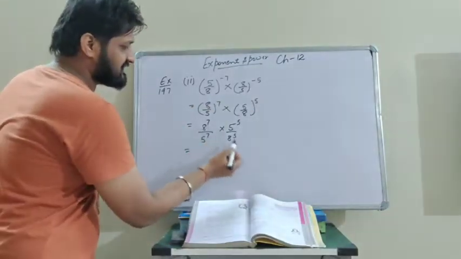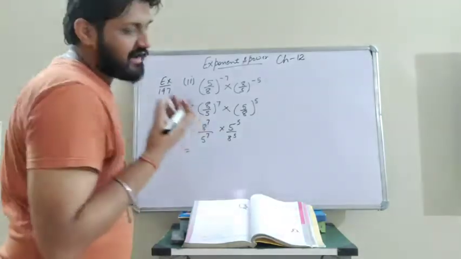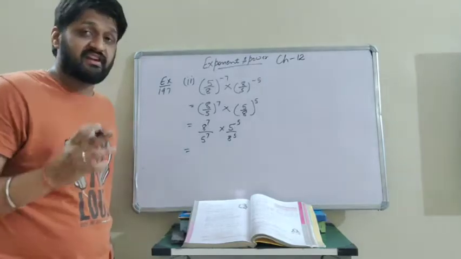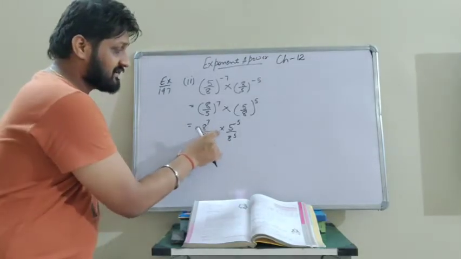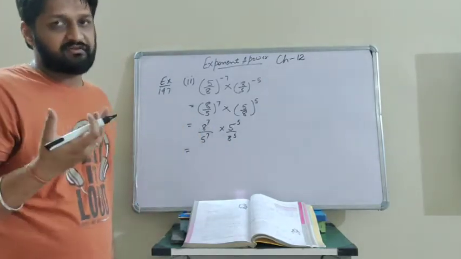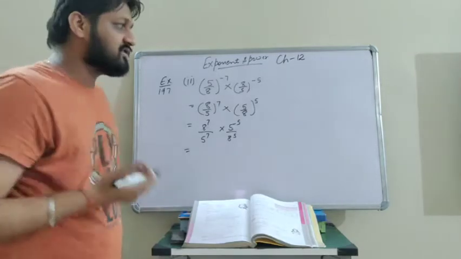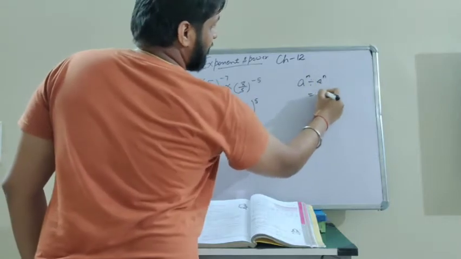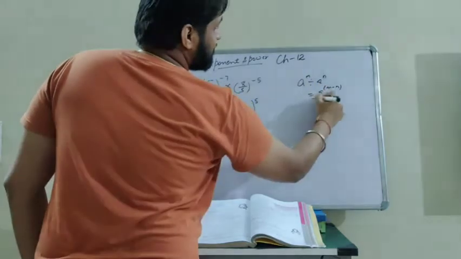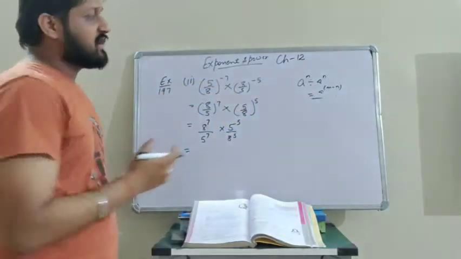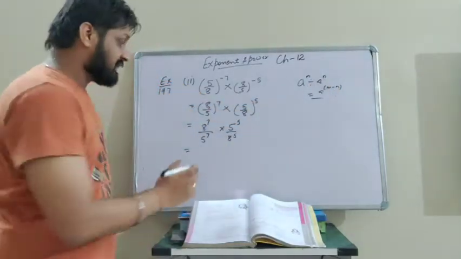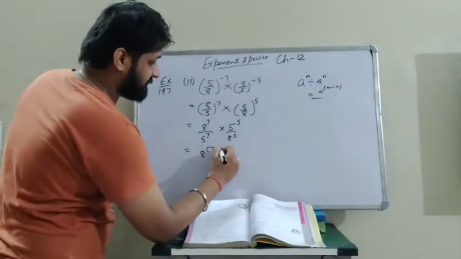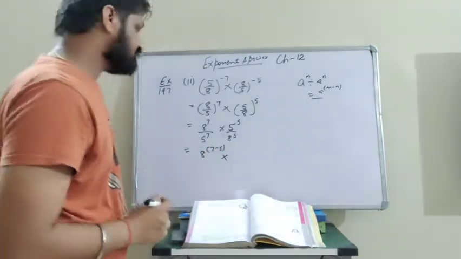As we can see the same bases here, we have to remember our laws of exponents, in multiplication and division. Here 8 is in the numerator and 8 in the denominator. So which law will we use here? The law of division. What does it say? a raised to the power m divided by a raised to the power n is a raised to the power m minus n. So in division our exponents will subtract. So here, 8 raised to the power 7 minus 5, multiplied by